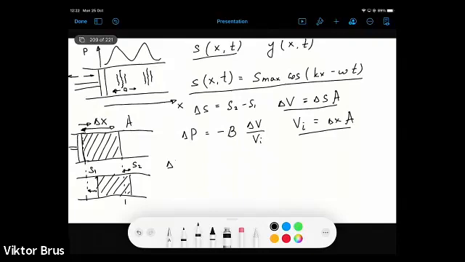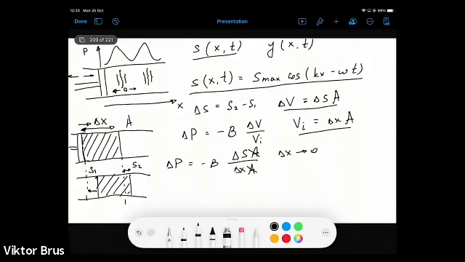So we will get delta P equal to minus B times delta S times A over delta X times A. So A, in the numerator and denominator, we can cancel. And if we consider the limit when delta X approaches 0, so we consider a very small volume of gas in this cylinder,